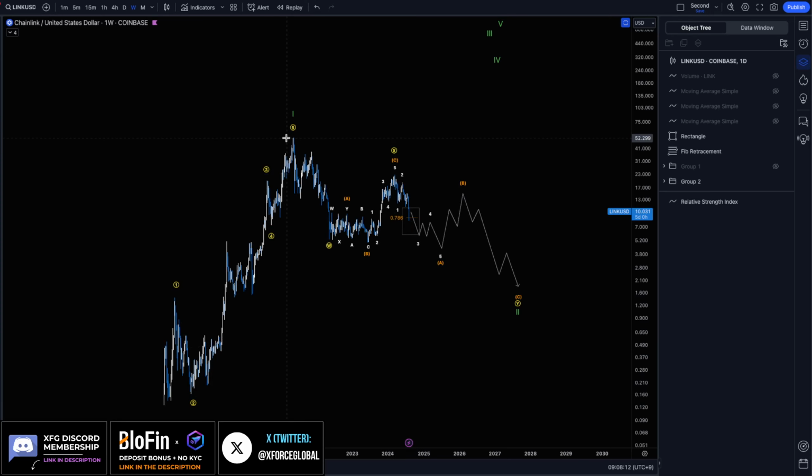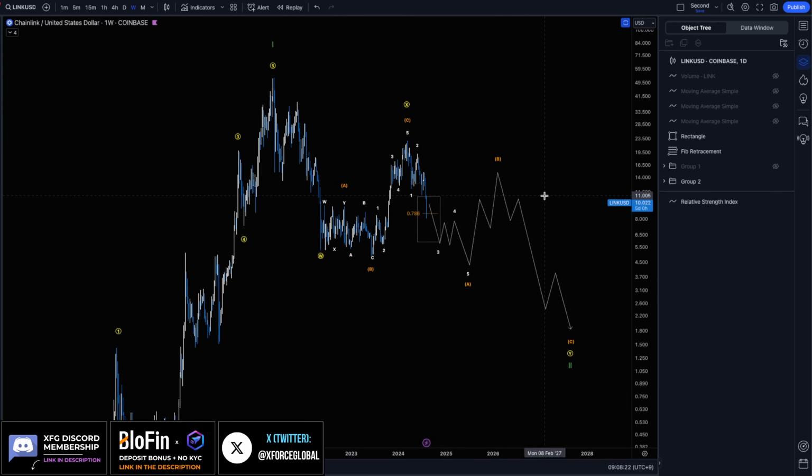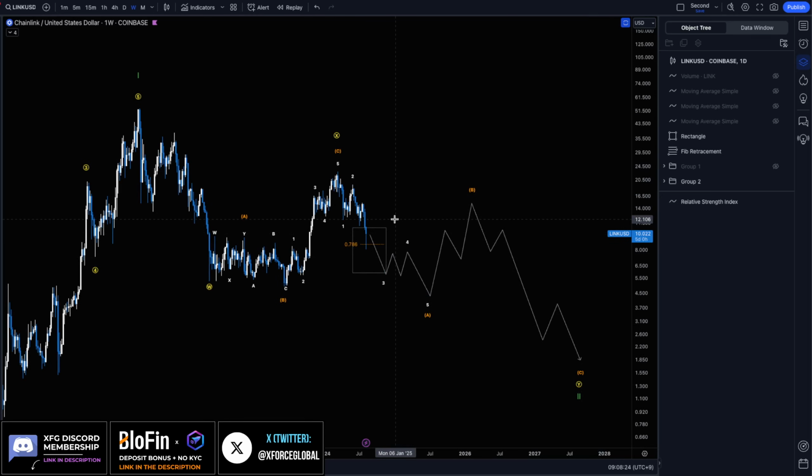Since we do have quite a bit of data for Link in itself, we could ideally have already completed 5 waves up for this wave 1 of the cycle degree in green. We could technically be working for a really extended cycle wave 2, and that still gives us a relatively good look if this bearish scenario does play out, because we do have a possible ABC going into wave W here, and this whole move now is considered the transitional wave in itself,